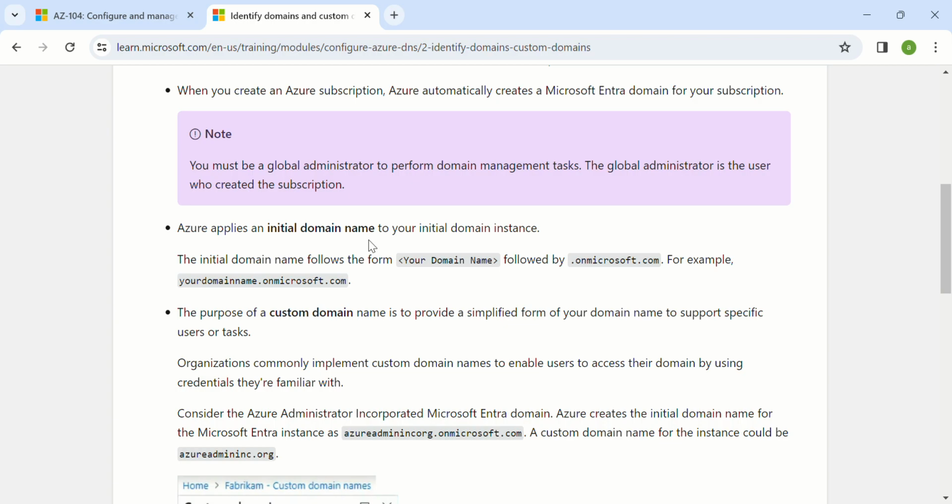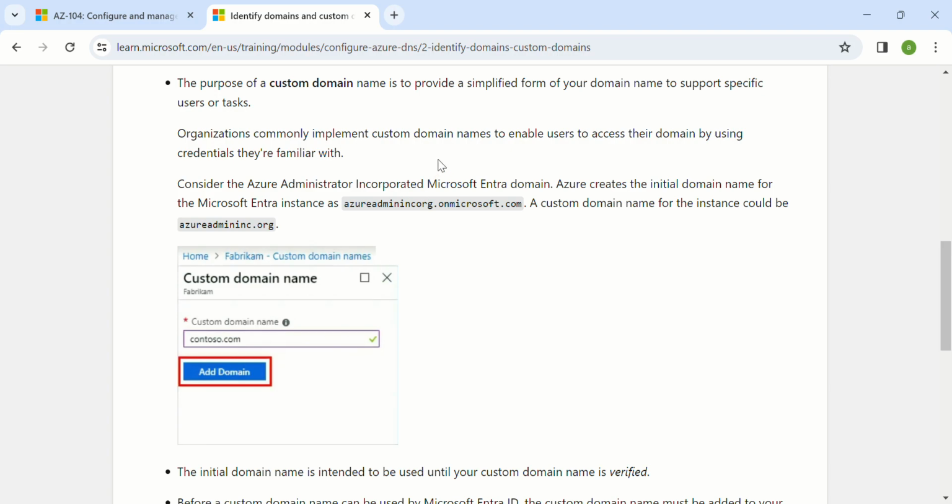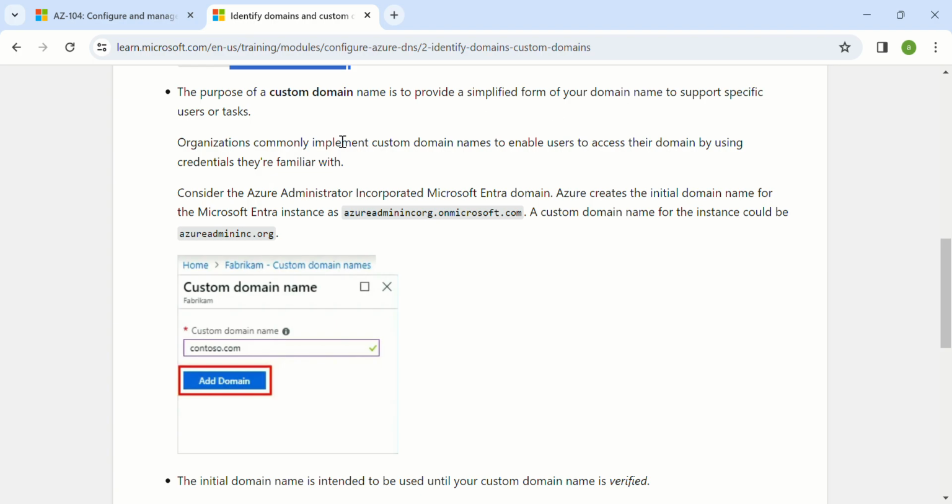Azure applies an initial domain name to your initial domain instance. The initial domain name follows the form your domain name followed by onmicrosoft.com. For example, yourdomainname.onmicrosoft.com. The purpose of a custom domain name is to provide a simplified form of your domain name to support specific users or tasks. Organizations commonly implement custom domain names to enable users to access their domain by using credentials they are familiar with. Consider the Azure administrator incorporated Microsoft Entra domain. Azure creates the initial domain name for the Microsoft Entra instance as